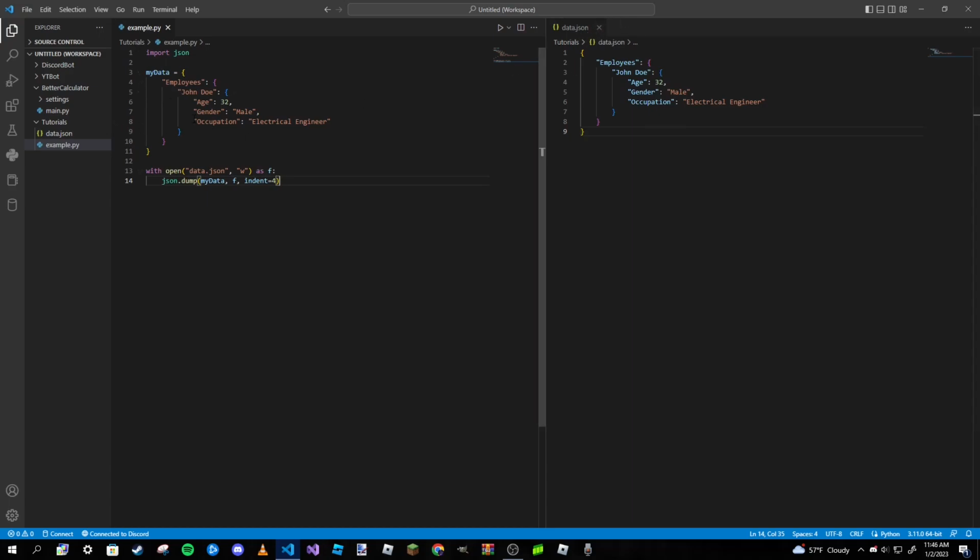And of course, if you wanted to add another person, all you need to do is put a comma right here on the person's dictionary and indent, and then we can go ahead and copy our next person. So this one can be Jane Doe, 27, female, and let's make her also an electrical engineer. Now, with that being said,